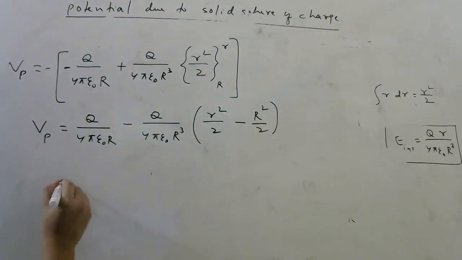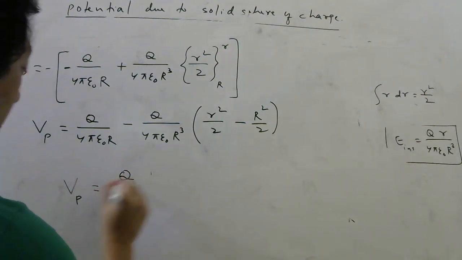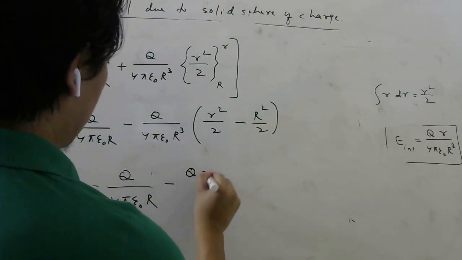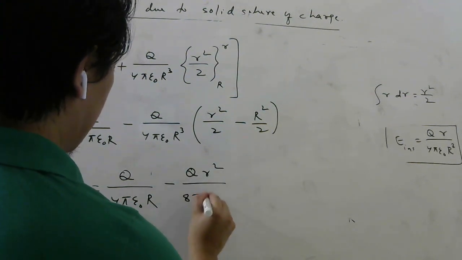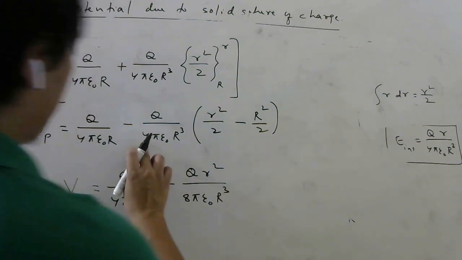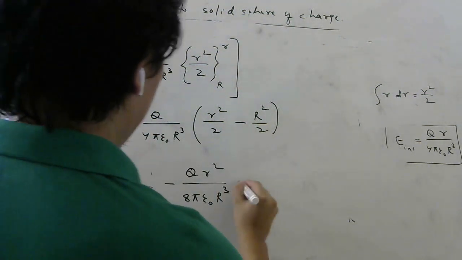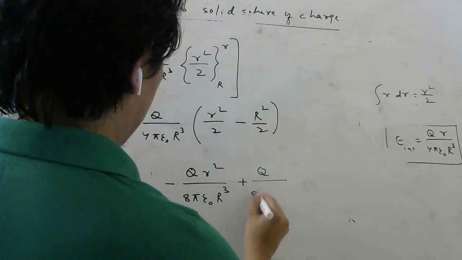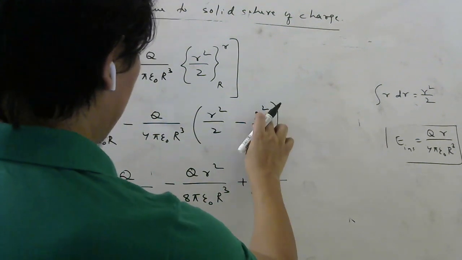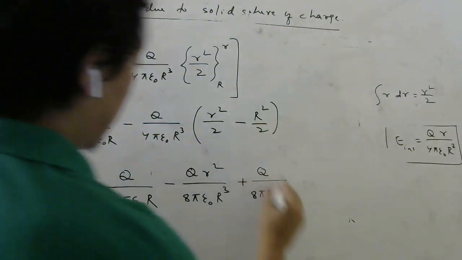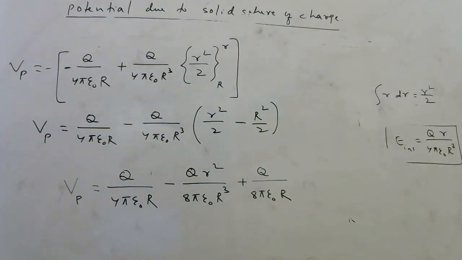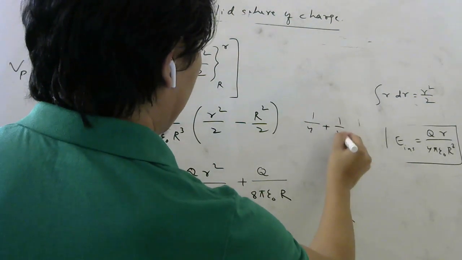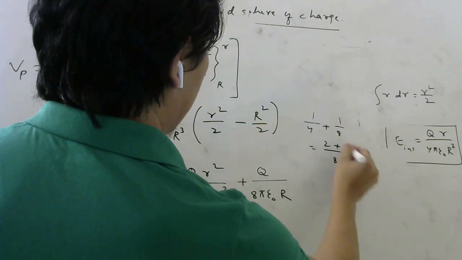Don't worry, at the end I will try to make you understand everything, the formulas, and an easy way to remember. So this is capital R, minus plus is minus Q R squared by 8 pi epsilon naught R cube. 8 because 4 2s will be 8, and here minus minus will be plus Q by 4 2s are again 8 pi epsilon naught, r square in the numerator, R cube in the denominator. If you multiply, you will get 1 r. Right, students? Now look carefully. Here 1 by 4, here 1 by 8. So what will be 1 by 4 plus 1 by 8? 4 2s are 8, 1, so it will be 3 by 8.